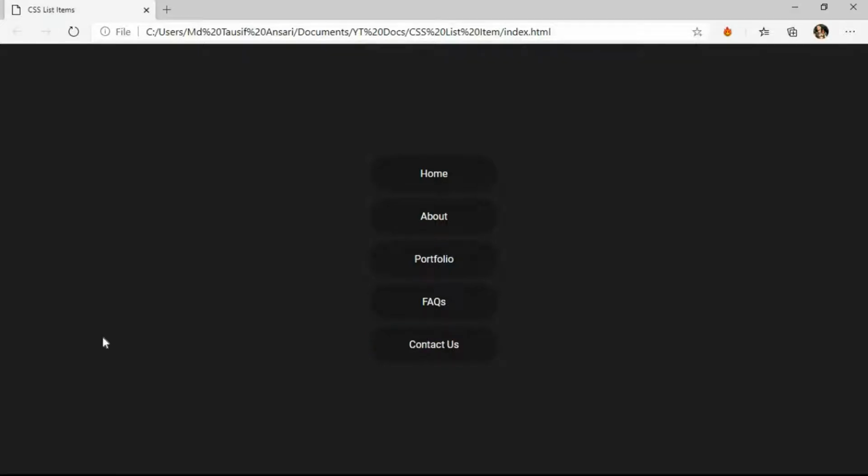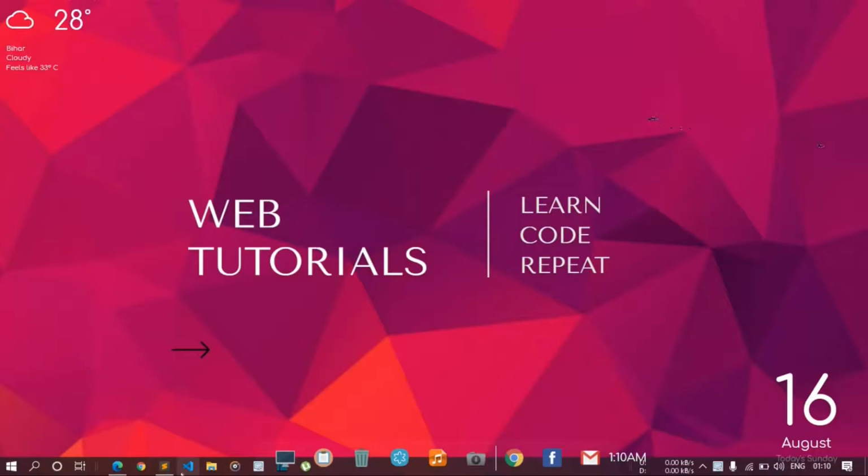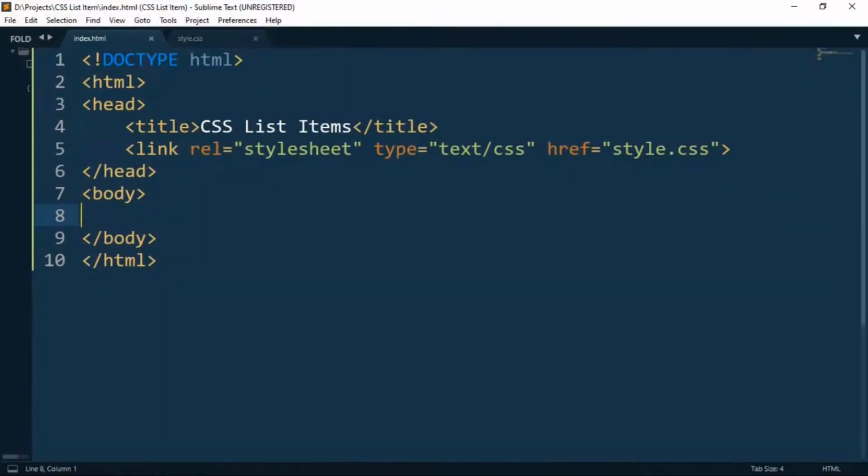So yeah guys, this is what we are going to learn today: how to design such list items and how to style them with different colors for each item. So let's move on to coding, guys, and here let's just minimize this and open the text editor. Here we have created an HTML template. We have linked it with the CSS file, and all you have to do here is